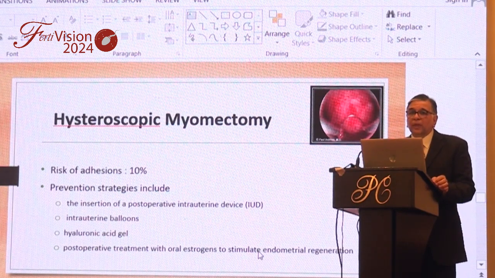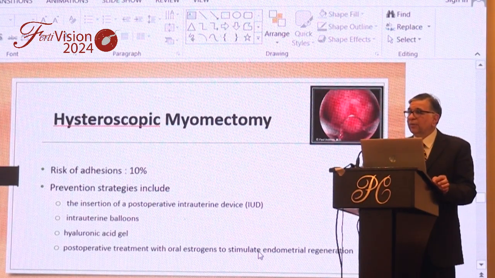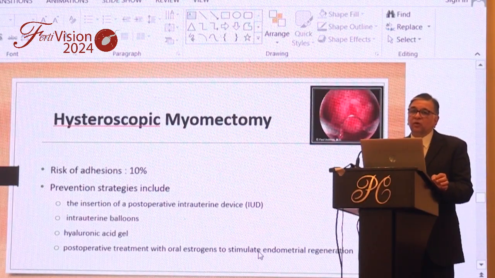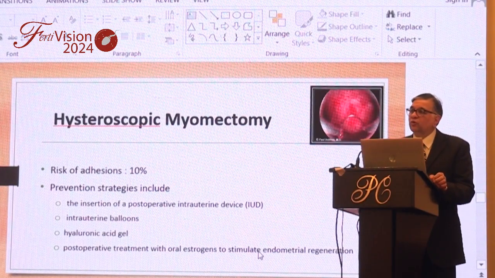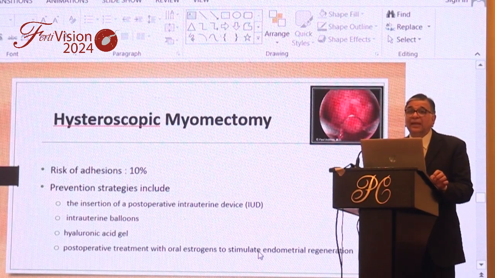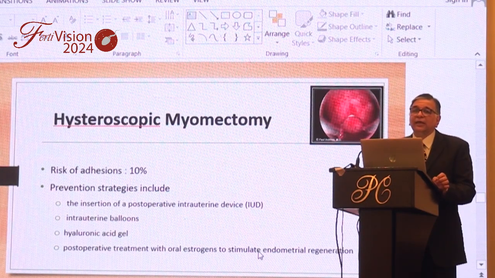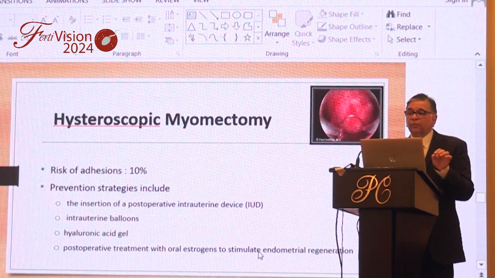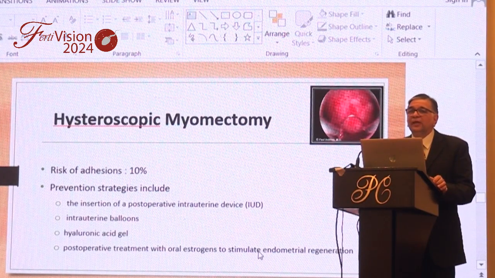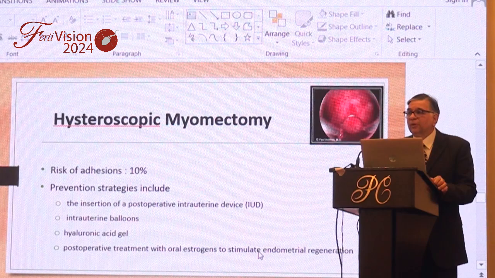But mind you, every myomectomy has a risk of some damage to the endometrial cavity. And every myomectomy has a risk of actually causing intrauterine adhesions. So myomectomy should only be carried out by gynecologists who have experience in myomectomies. It's a much more sensitive operation than taking the uterus out. You have to be much more of a professional with good experience in order to offer myomectomy to patients.